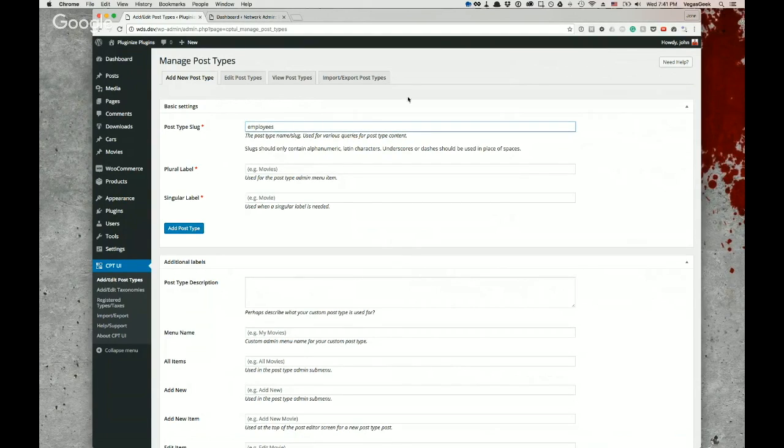Here's the employees. People are always so scared of building custom post types. They hear this thing "custom" and they think, oh no, I don't know how to do this. And once they build it, they realize, wow, I can actually collect more information about a particular thing,